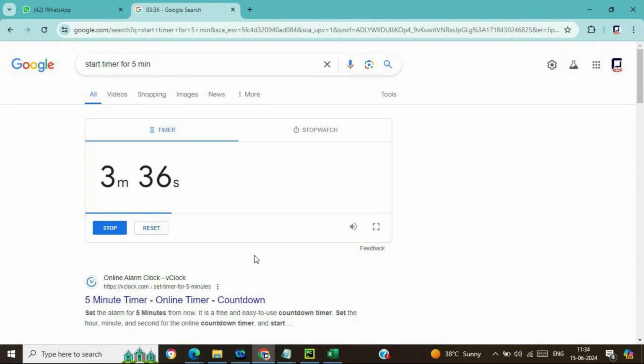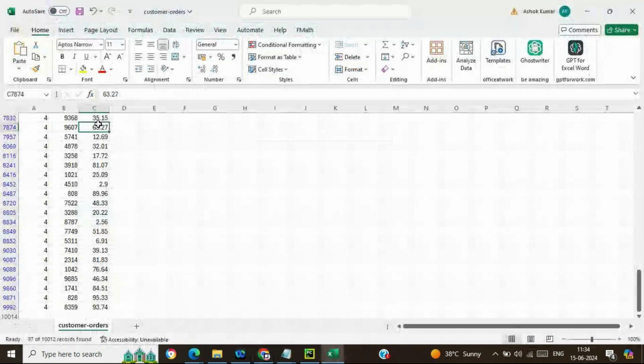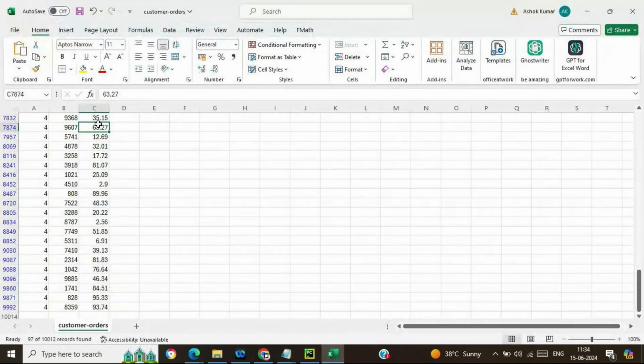Let me provide you certain hints. Over here, this particular column is given in float data type, so you need to convert it into the float data type while applying the transformations.